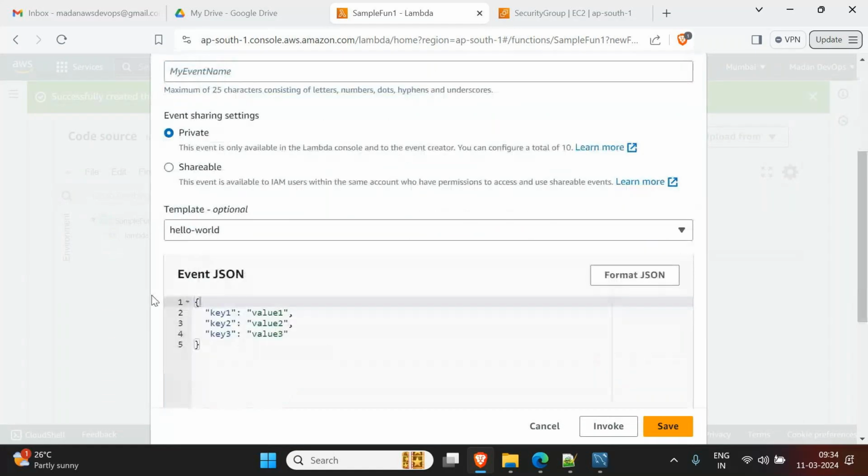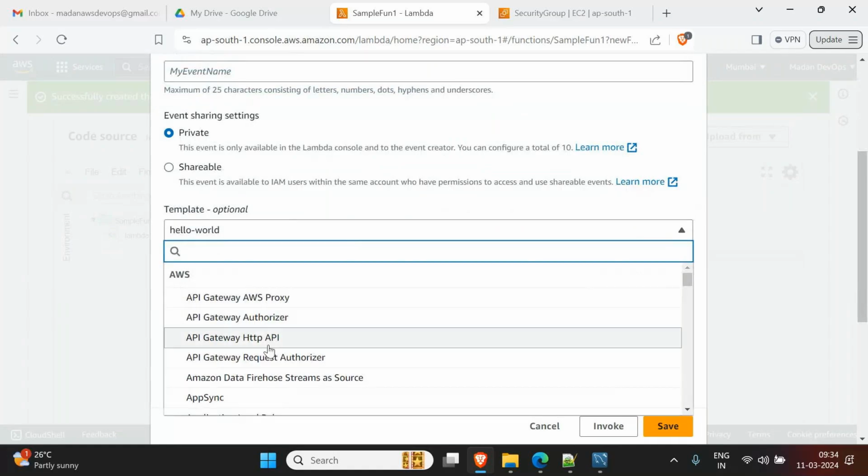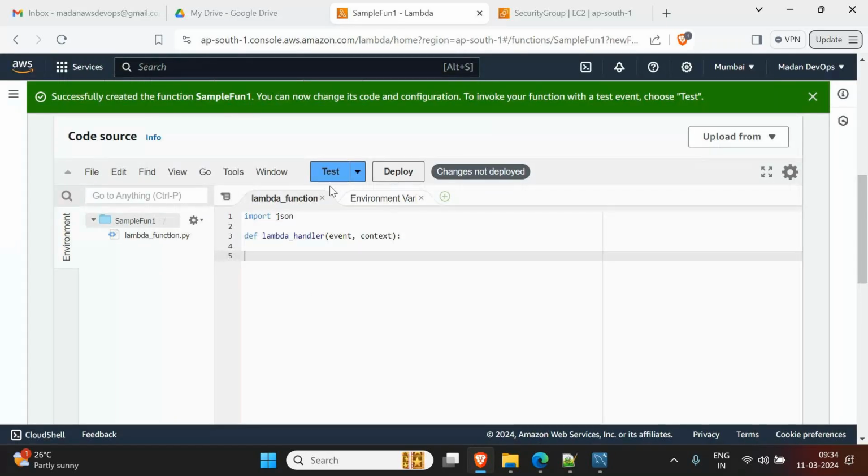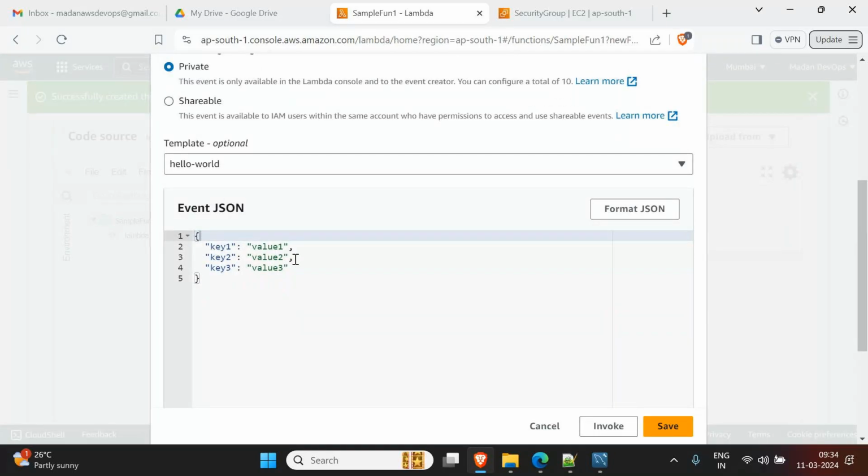Here we have many templates as well, different templates also there. You can use this template as well if you want, okay. And here the simple test I want to do is, here key value is there. I want to print some value. Key name can be anything. Key can be one or two or empty, no problem. It's not mandatory. Suppose key name I want to give first name, and I will say here some name as